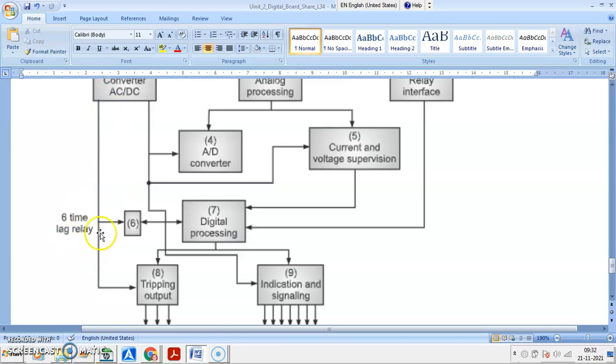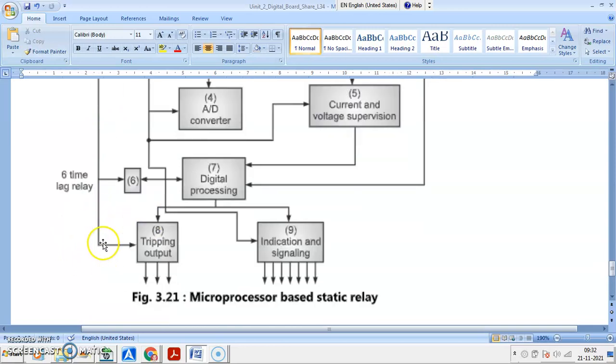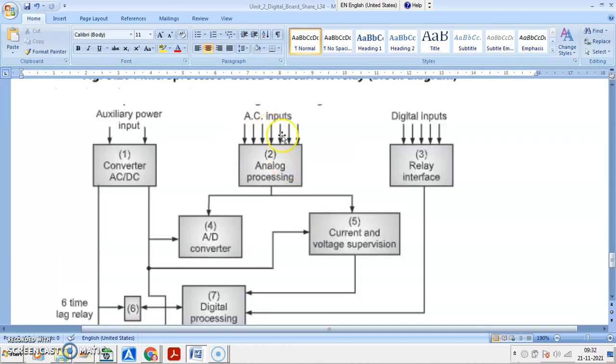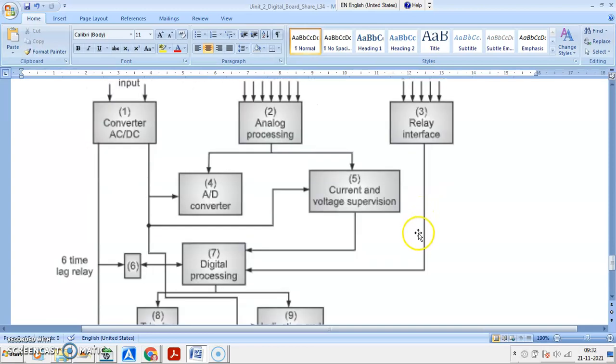Then you are having the time lag relay input, feedback of the tripping circuit. Then the analog to digital converter. This is the input, AC inputs, AD converter, AC inputs, current and voltage supervision. Digital inputs, that is relaying interface.